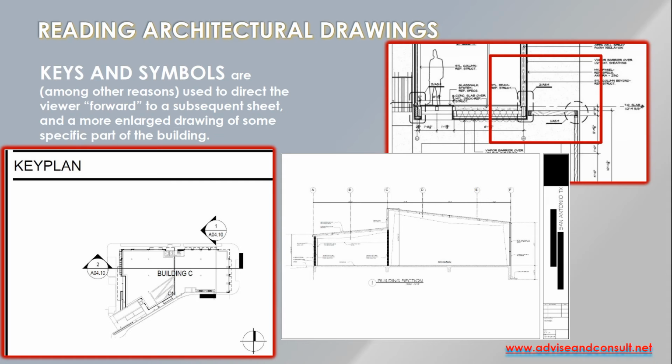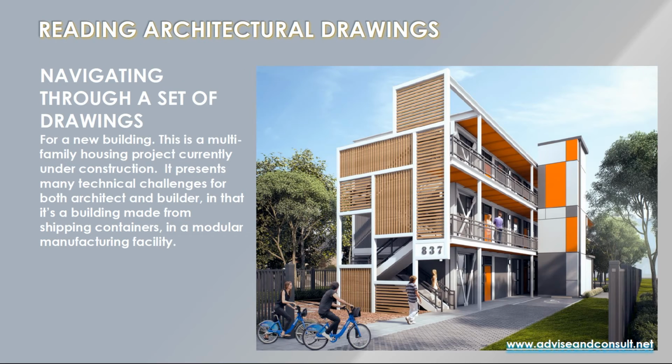building plan and section of the same building, but the idea here is that if it's detail 1 on sheet 04.10, you're cutting the section through that building and you're looking at the section detail on the right, building section, and it's detail number 1. So that's how you move from that large scale of the building down to more specificity. Okay, so how you navigate through all of this